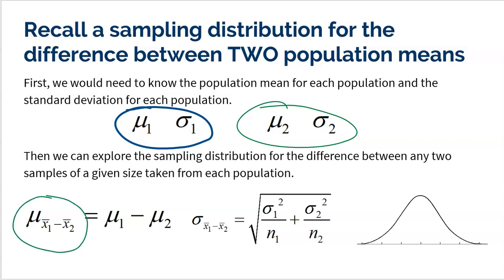We're saying, all right, what is the mean of all possible differences between samples? If I take a sample from population 1, if I take a sample from population 2, and I look at the difference between them, who knows what I'm going to get? But if I do that repeatedly, what's the mean of all those differences going to be? And that is, of course, right there, the true difference. That makes complete sense. Why wouldn't we expect the true difference to be right smack dab in the middle of